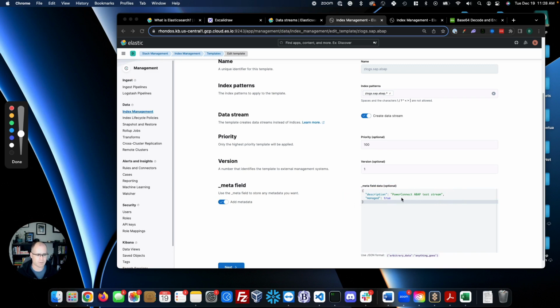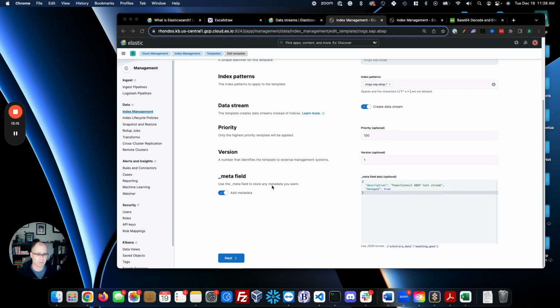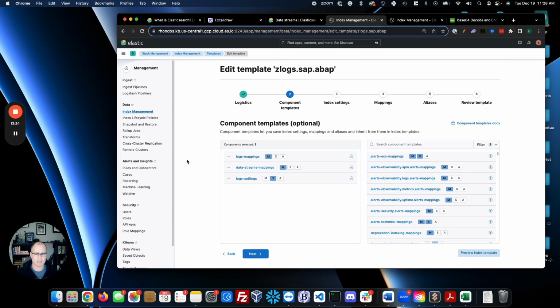PowerConnect OBOP data or PowerConnect OBOP stream. It's plausible that in the future the metadata could be split based on needs. For example, which system. We do grab the source and the host name, so don't know if that's necessary, but it's there. So going to this next page here, this talks about component templates, and these are templates that allow